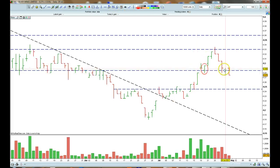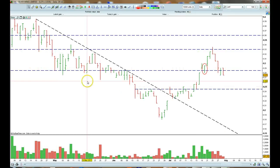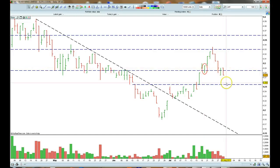And then I would probably look for that now. That looks like a test, but it's failed because the next bar closed down. But the selling has come right off, so I would expect it to find support probably within the body of this up bar here. Where would we expect to find support? Probably within the body of this bar. Possibly they could try and test within the body of the bar, between the 25.5